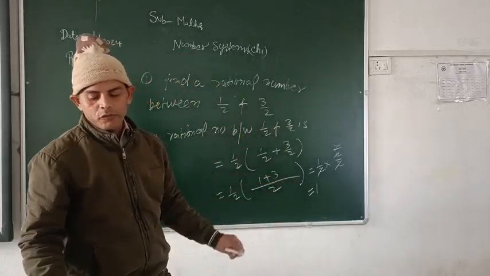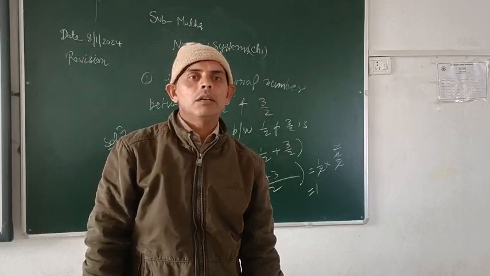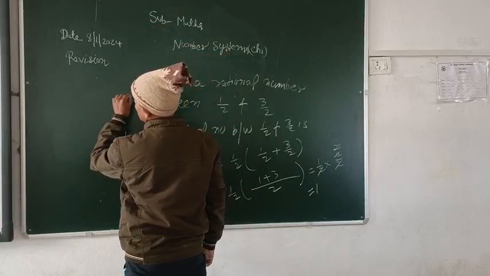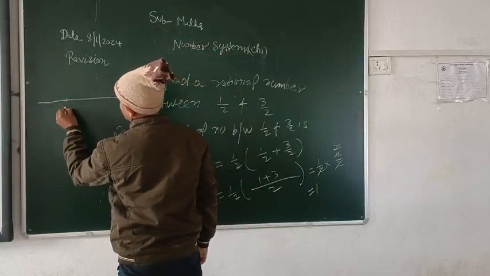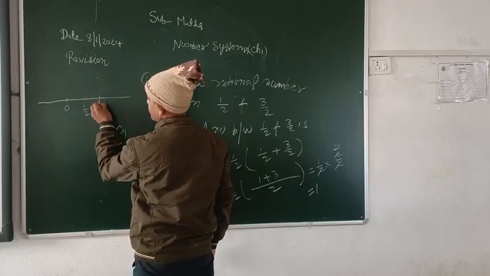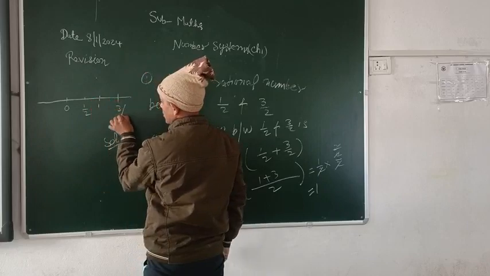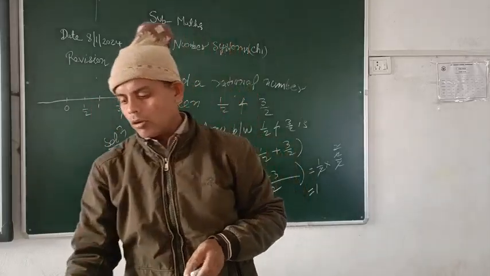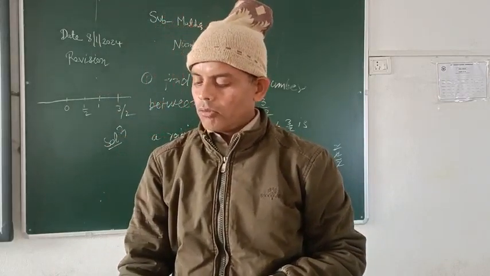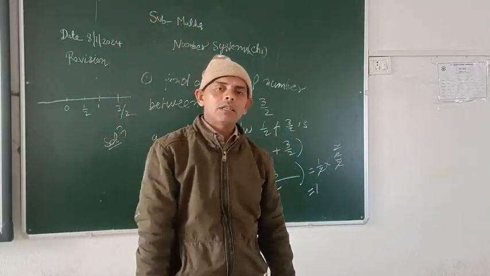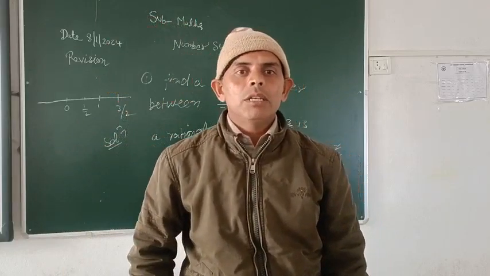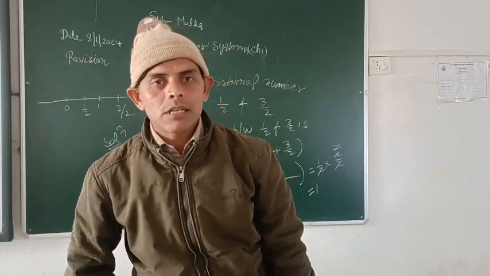And we can also see this by representation on a graph. If we represent here, this is real number 0 and here is 1 by 2. Somewhere here is 1, then it is 3 by 2. Okay. Now, how to insert more than one rational number? As we know, between two given rational numbers there are infinitely many rational numbers.